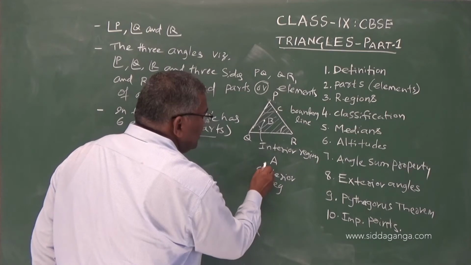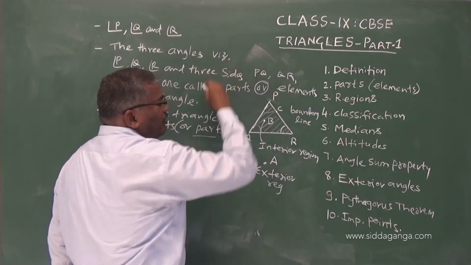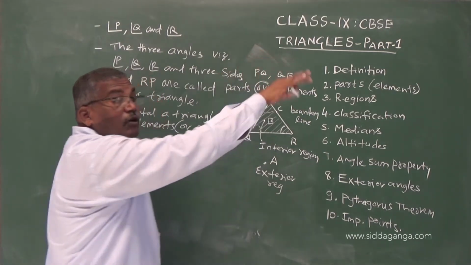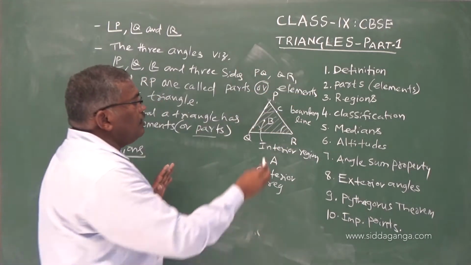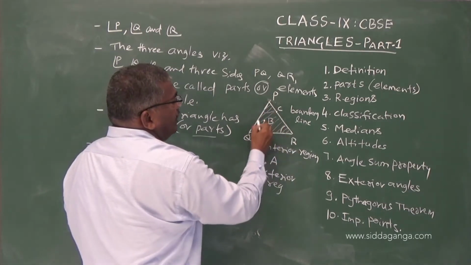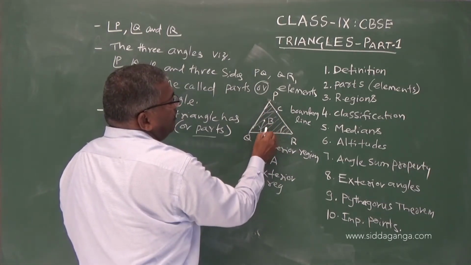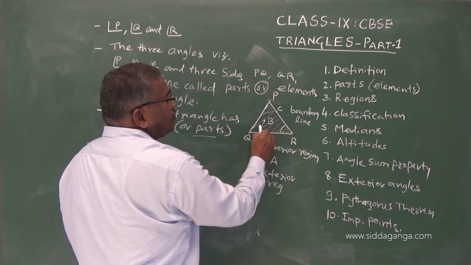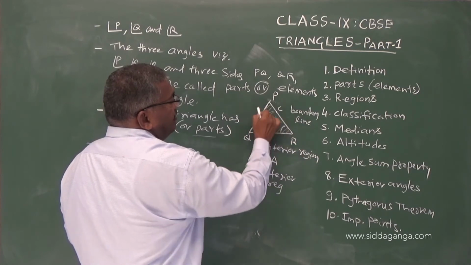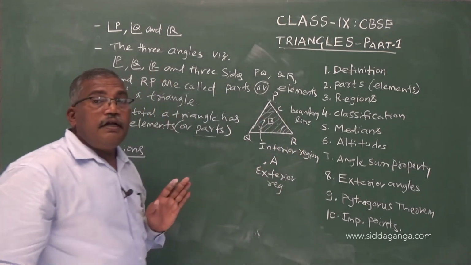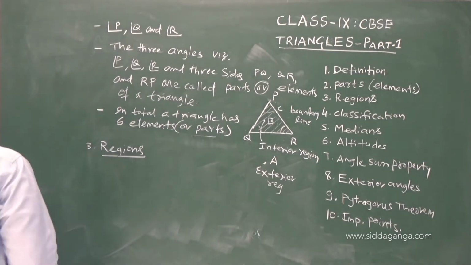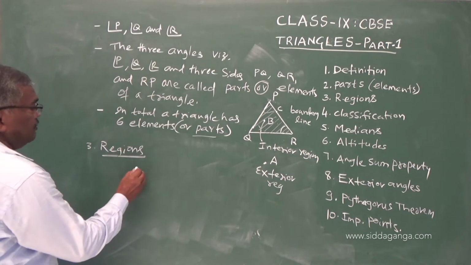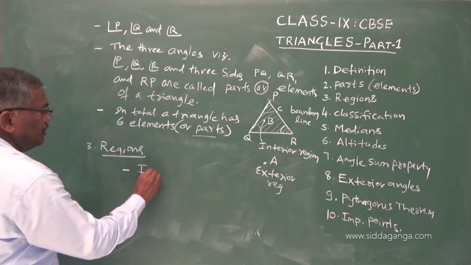region. Region is not this point, but this entire board area. Wherever I put one point here, one point here, one point here, all those are in the exterior area, and this is inside the triangle. Not only B, any point B1, B2, B3, B4 or any name XYZ, let us say, within the triangle PQR, they are interior. So therefore regions, in short, I will give interior region. There are 3 regions. Interior region,